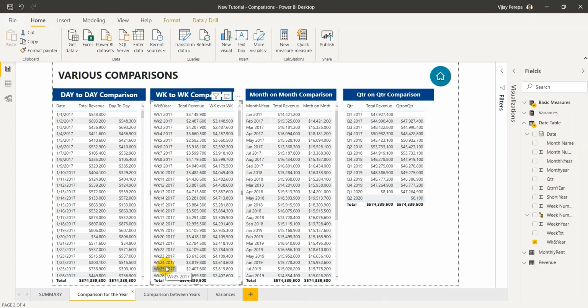But when you take those columns straightforward, they will not be sorted in the way it is sorted here. They will be sorted like week 1, week 10, week 11, like that. And the same way, these columns will not be sorted properly. To sort them, we need additional columns which can control these columns to sort in a proper order. So we have a complete date table with many dimensions.